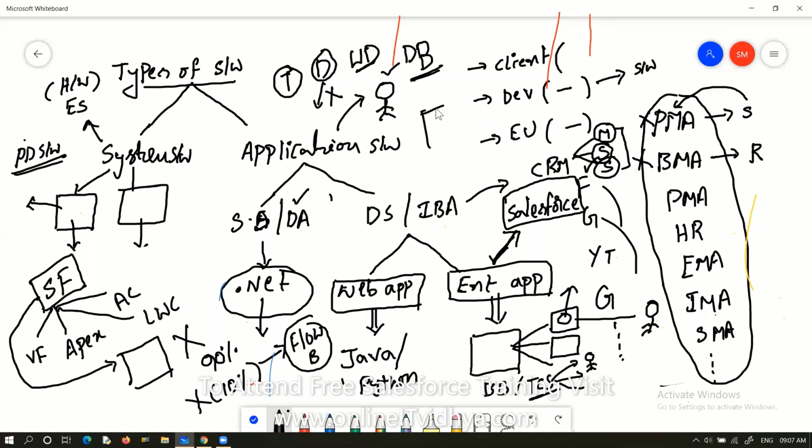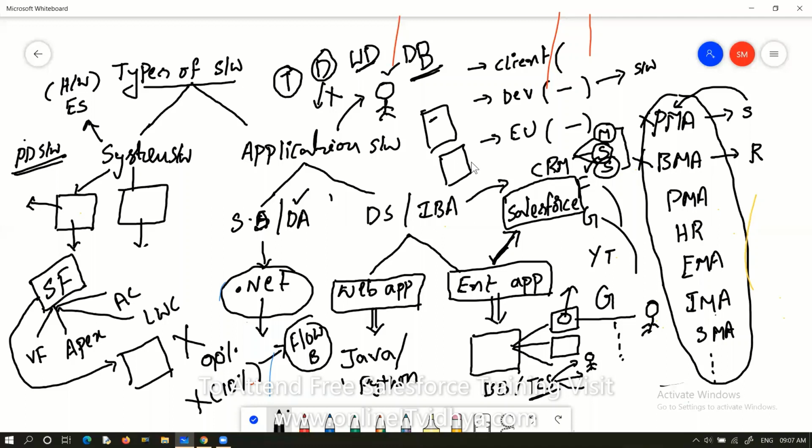Just open Naukri or Monster, these types of websites, and type Salesforce jobs. Just for fun, search for it once. Or directly open Google and search Salesforce jobs. Check how many jobs are available and how much package they are providing. There are very huge packages and a very huge number of jobs available on Salesforce. If you know Salesforce, that is definitely one of the added advantages for you.